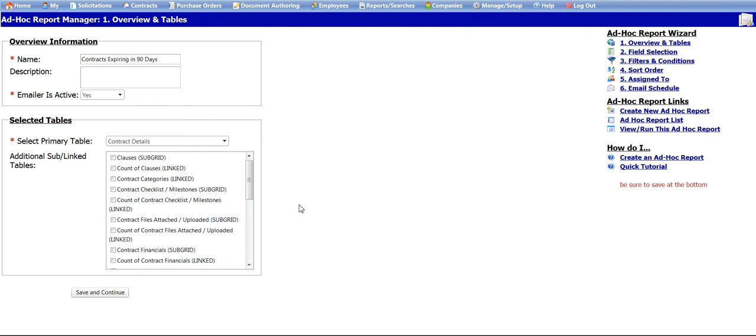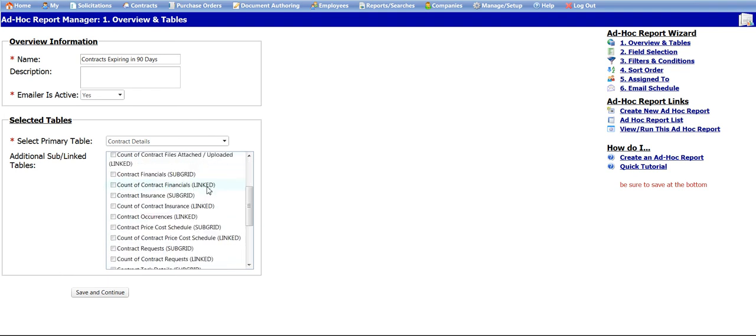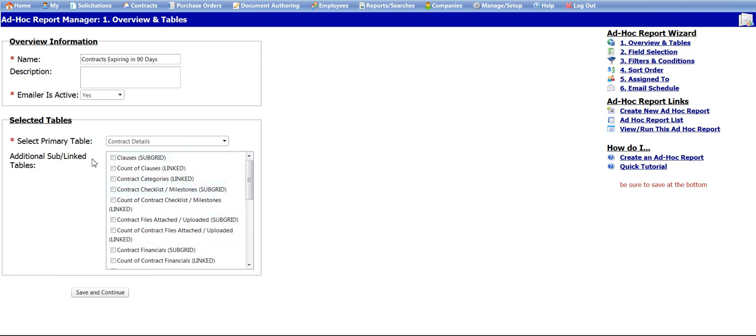from. Once a primary table is selected, all tables and areas that are associated with, linked to, or subtables of the primary source will be populated into the Additional Sub and Linked Tables multi-select box. Each table in this box will be noted as either being a subgrid or linked table. Note that only one subgrid table can be selected at a time. Once you have selected a subgrid table, all other subgrid tables will be deactivated and unselectable until the selected subgrid